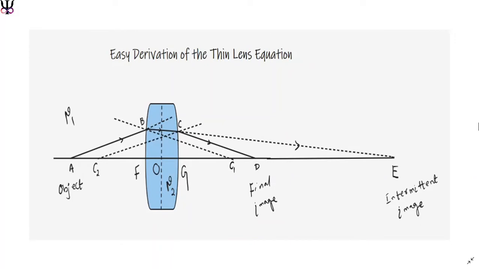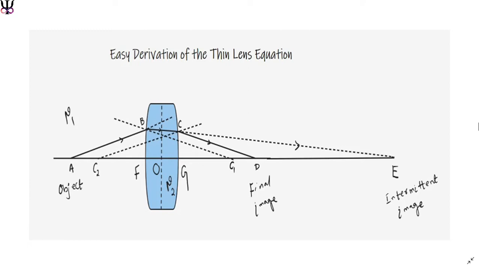Namaste, this is the physicist, and we are going to do an easy derivation of the thin lens equation in this lecture. When it comes to deriving or proving the thin lens equation, it often becomes confusing for students because there are approximations involved and there is a sign convention. There is a choice between the scholarly convention and the coordinate sign convention, and students often get confused in knowing when and how to apply these approximations and the convention.